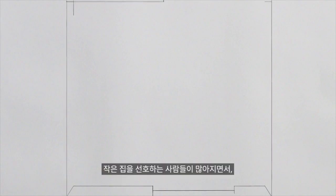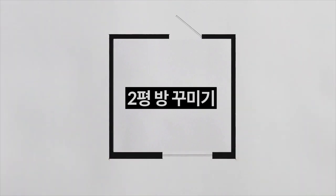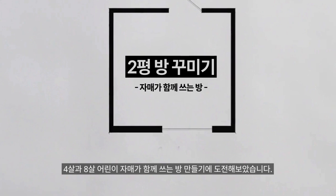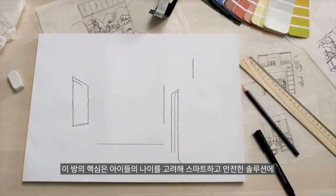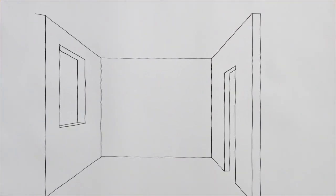Hey! We know more and more people are living in small spaces, which means kids are sharing even smaller bedrooms. So we challenged ourselves to make a fun, comfortable, shared kids' room as small as possible for a 4-year-old and an 8-year-old. The key is to create smart, safe solutions using age-based planning, personal spaces, and